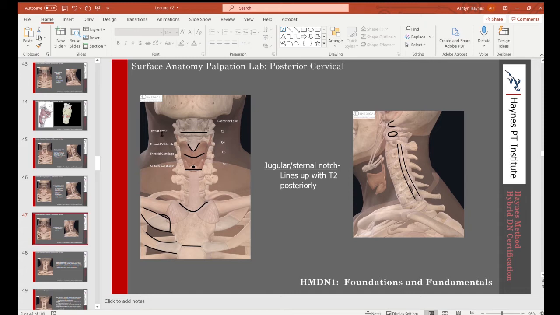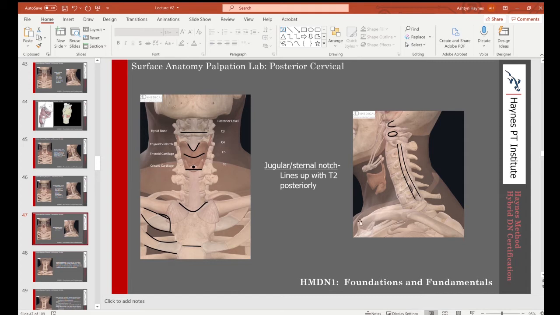We'll look at our hyoid bone, which is going to correlate to C3 posteriorly, our thyroid V-notch, which will give us a better choice of a view for C4. A little bit lower, the smooth sides of the thyroid cartilage will correlate to C5. And then the cricoid cartilage further posteriorly to C6. We can drop down a little bit further into the sternal V-notch, and that will give us a posterior correlation